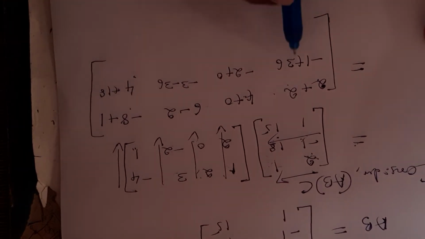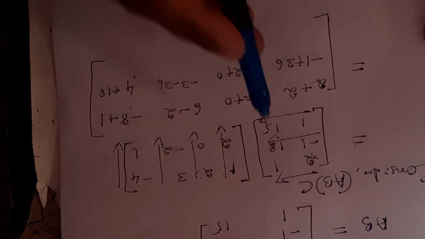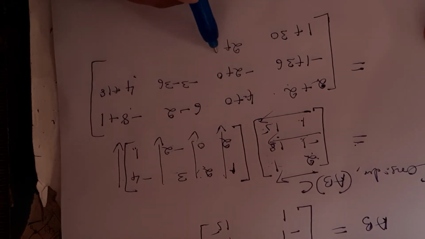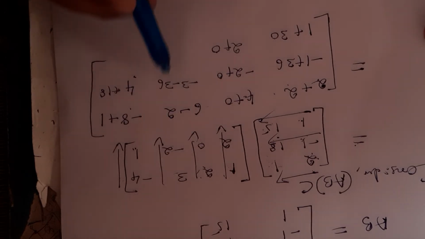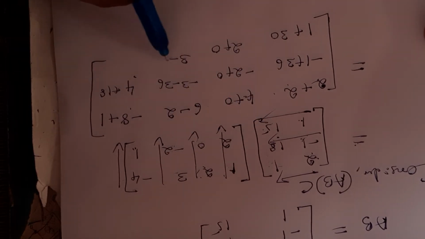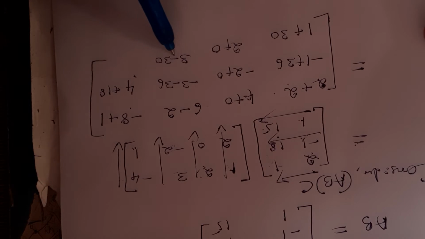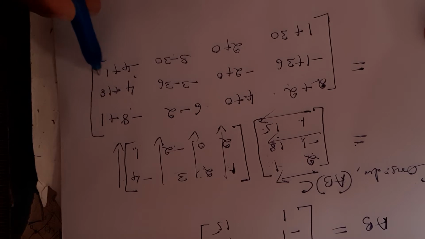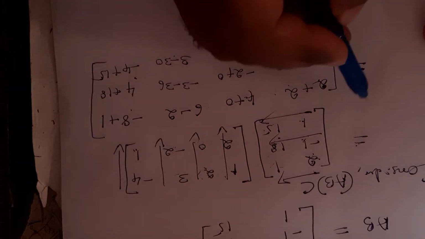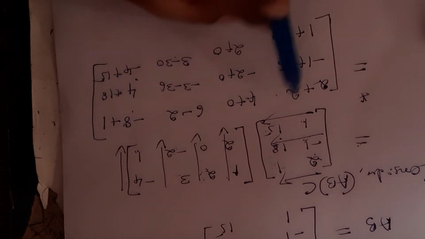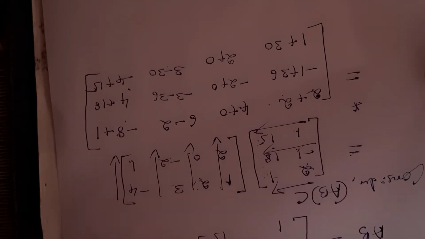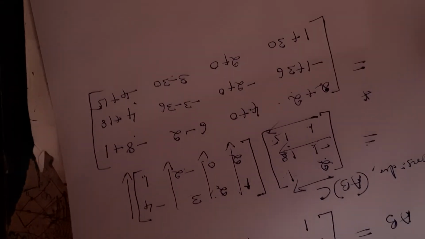So we can close the bracket here. So I am left with the last row. 1 into 1, 1, plus 15 into 2, that will be 30. Then 1 into 2, 2, plus 15 into 0, that will be 0. Then 1 into 3, that is 3. Then minus 2 into 15, that is 15 2s are 30, so I write the negative sign here. Then 1 into minus 4, that is minus 4. Then plus 15 into 1, that will be 15. So this is a very important step. If you write this correctly, then our final answer will be correct.